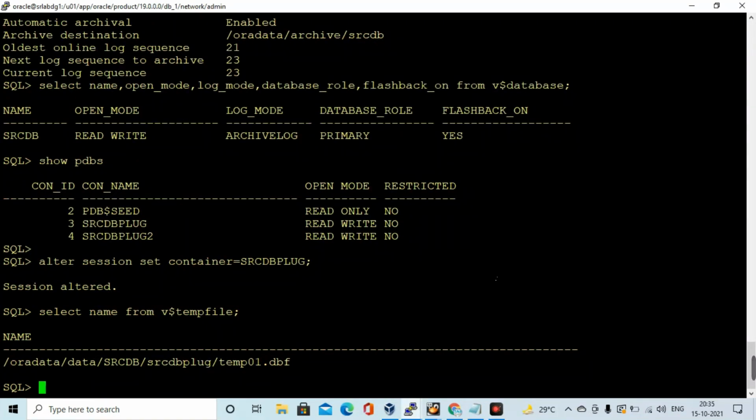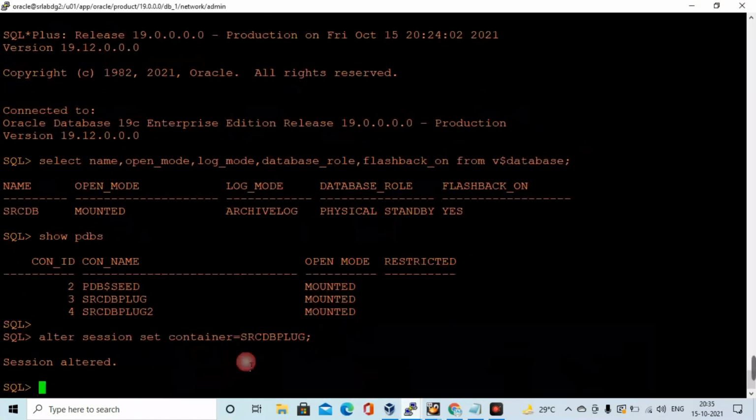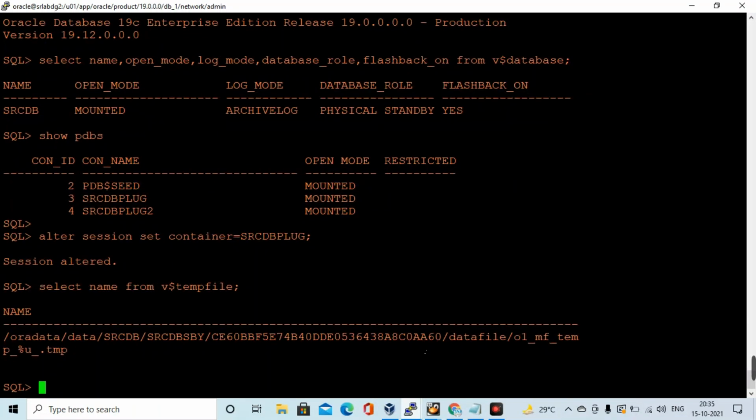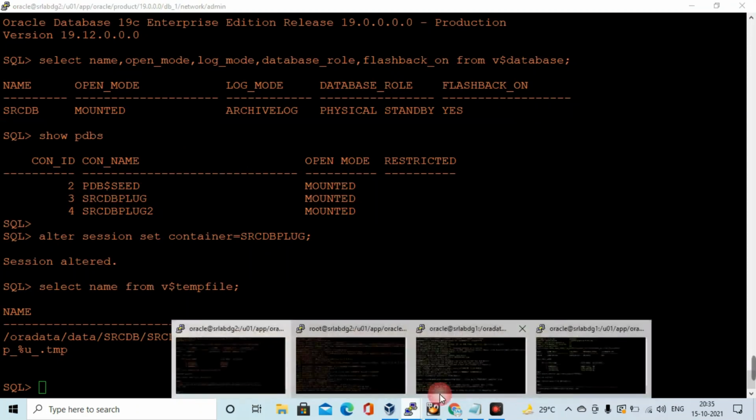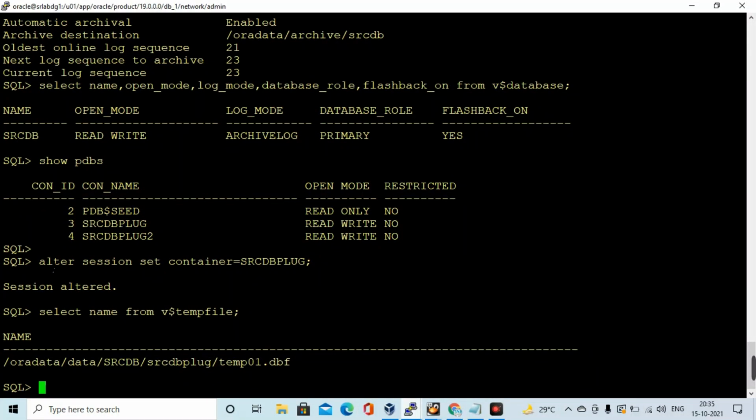So I'm validating that one by one, both the PDBs. There is a temp file available. So srcdb plug also has a temp file available. Okay, it is there. Then coming to the source side, I am moving into the newly created plug and validating the temp file, whether it is there or not on the source side.